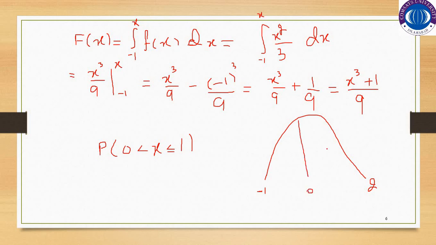0 से 1 की। सो आप ऐसा भी कर सकते हैं, व्हाट यू कैन डू, कि आपके पास 0 से लेके 1 आपके पास प्रोबेबिलिटी है, तो आप ऐसा भी कर सकते हैं कि आप 1 तक की क्यूमुलेटिव प्रोबेबिलिटी फाइंड आउट करें और उसमें से 0 तक की क्यूमुलेटिव प्रोबेबिलिटी माइनस कर दें। रेस्ट इज द प्रोबेबिलिटी बिटवीन 0 एंड 1। अगर मैं इसको लिखूं तो वी कैन राइट इट एज